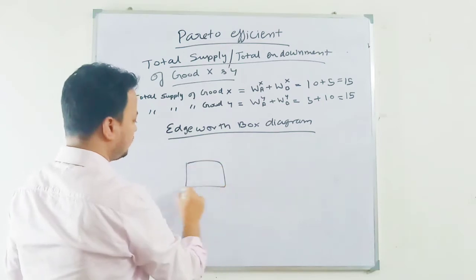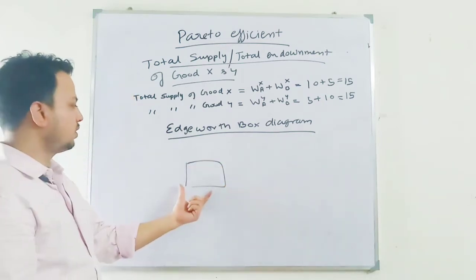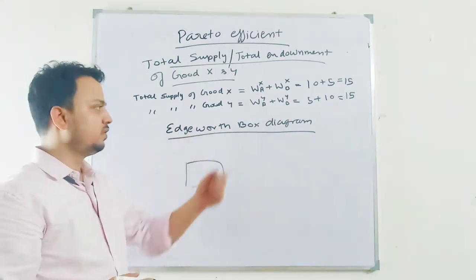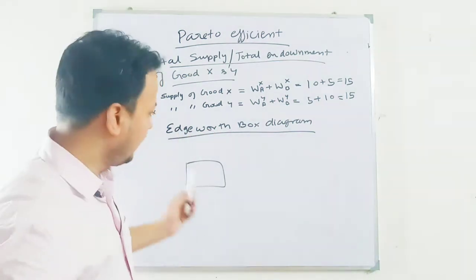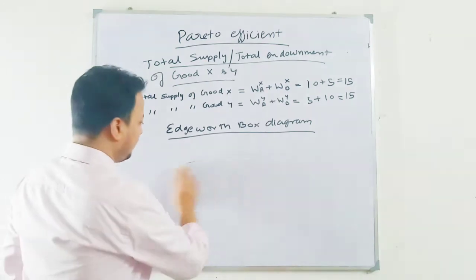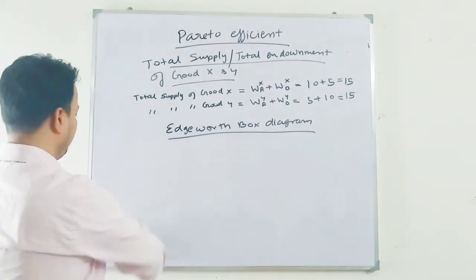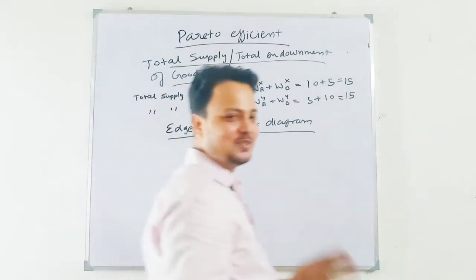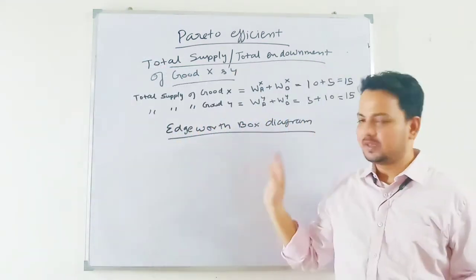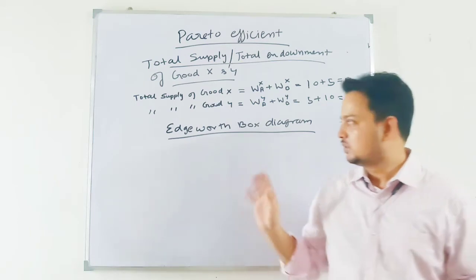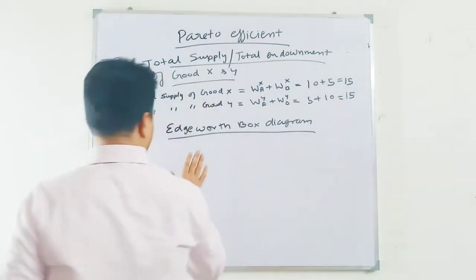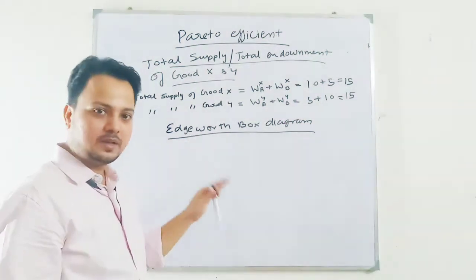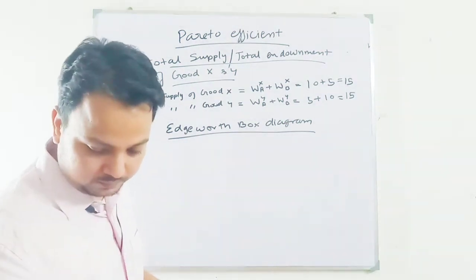Basically we will draw a box. This box is developed by Edgeworth. That is why it is called the Edgeworth box diagram. After my first year in undergraduate, during vacation, I also developed a box like this. I took two consumers and depicted the same graph. This is very simple. You people can also do it. At that time I did not know about this concept, but I developed this box.